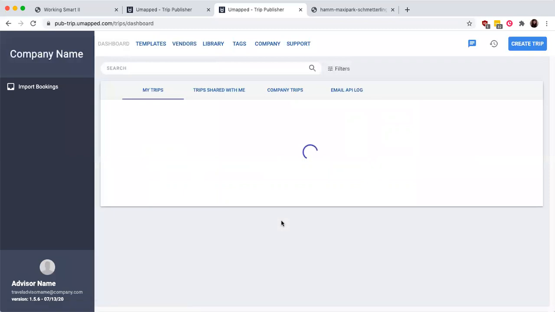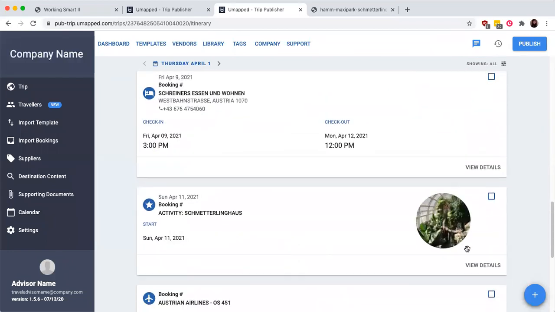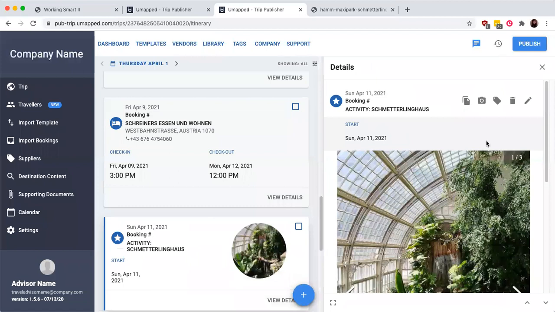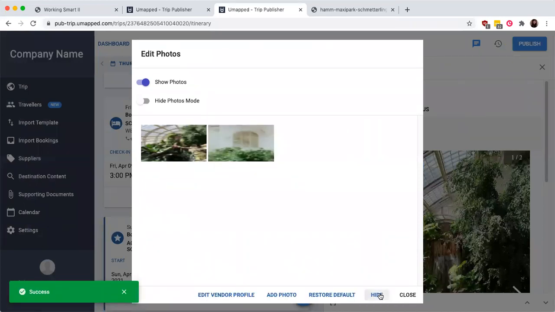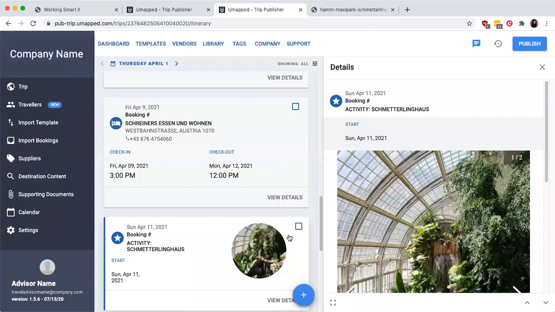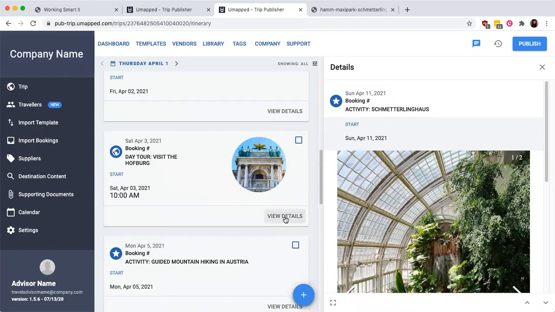So if I go back to my trip itself and go back to that segment for Schmetterling House, right here. Once again, when you edit the photo in a segment, such as hiding a particular photo like that, this does not change the vendor profile. It only changes that specific iteration of the vendor, just to make sure that you don't accidentally delete a photo on user error. So if there is a photo that you've included as part of the vendor, but you don't want to display that photo for a particular trip, you can always choose to hide the photo rather than permanently deleting it. This gives you a little more flexibility in choosing what to showcase to each individual client,